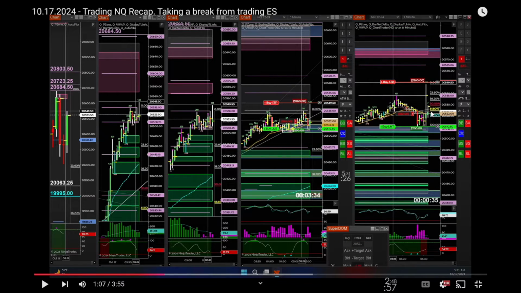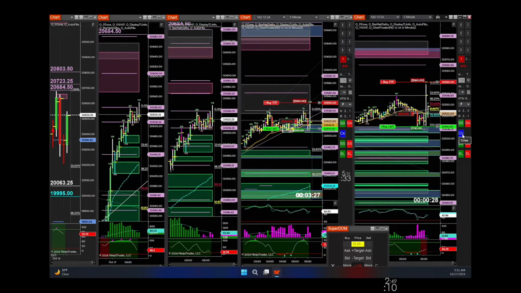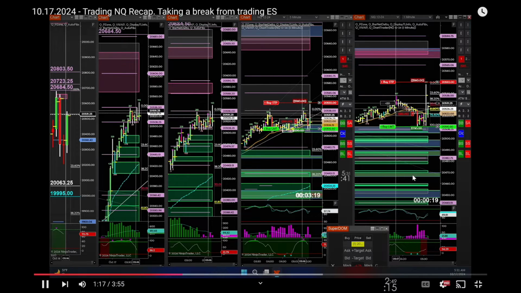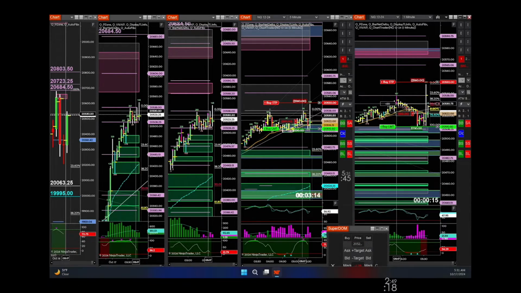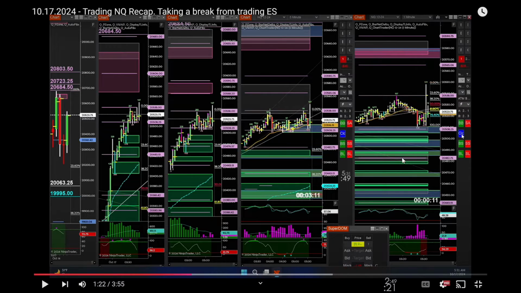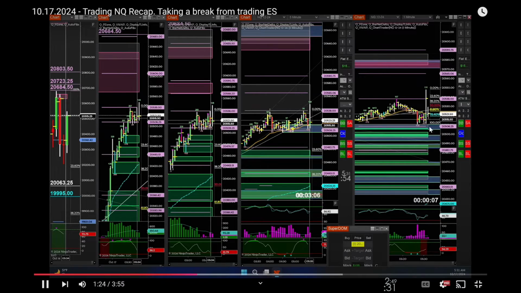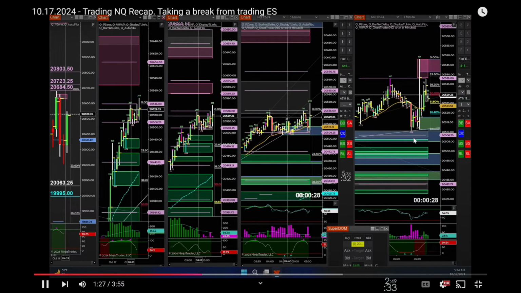So I still remained in the trade here on the 1 minute just because the POC was at the top of the bar here on the 1 minute. If that POC decided to shift down, I was going to get out pretty quickly. Okay, so now as you can see, the POC shifted down to the low of the bar there, and I clicked on the close button to close all positions, and that was the correct decision there because it eventually went all the way back up here.